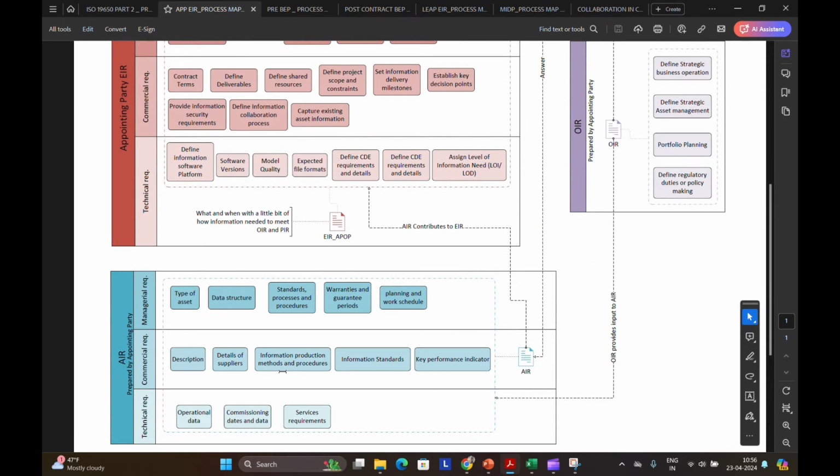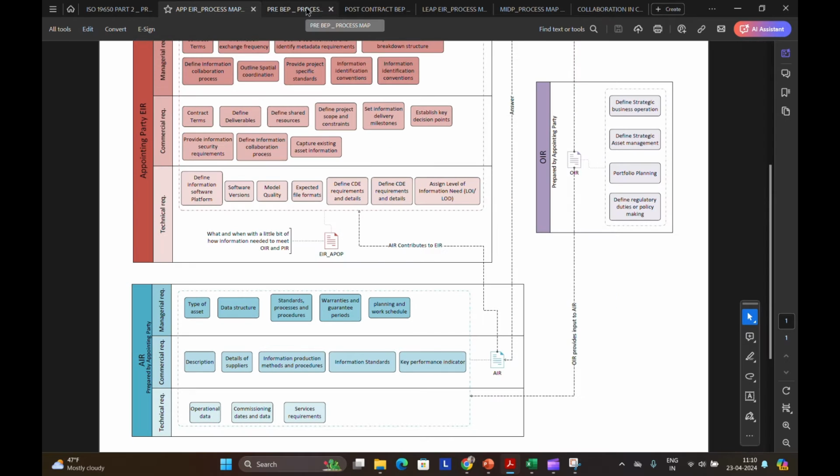So mostly I have done the detailed process maps for the main documents or main processes involved in the entire information management.